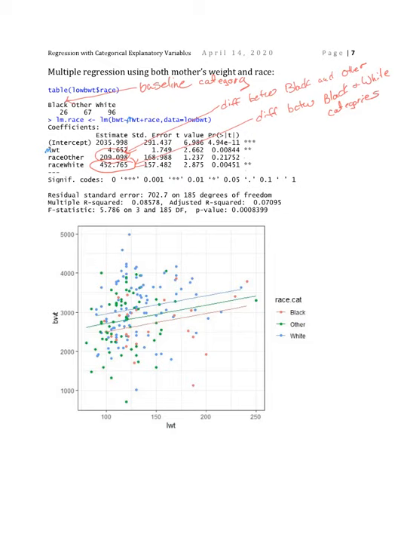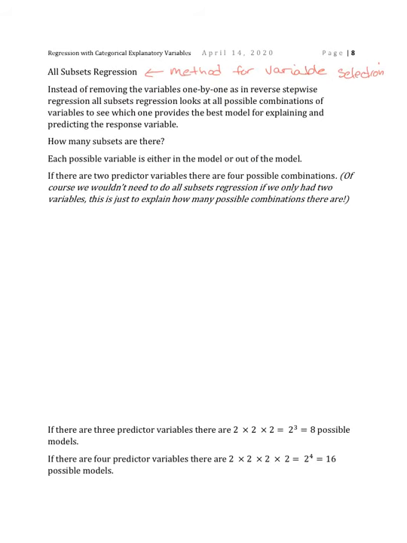We can't actually take that out by itself. So this next method is going to help us take a more global look, instead of a step-by-step look, at variable selection. All subsets regression, as I just said, is a method for variable selection. Instead of removing the variables one by one, as in reverse stepwise or backward elimination, as we also called it,